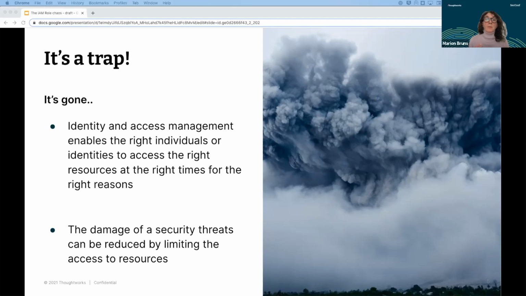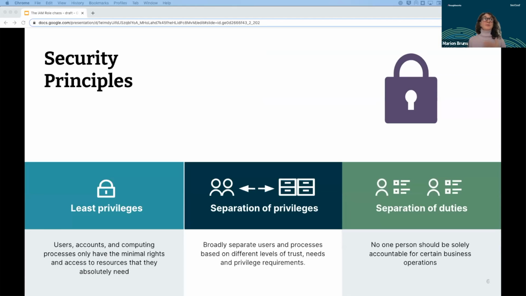That is what controls the access rights. And the goal should be to limit these access rights as much as possible. Which leads us to the security principles you can enforce with identity and access management.